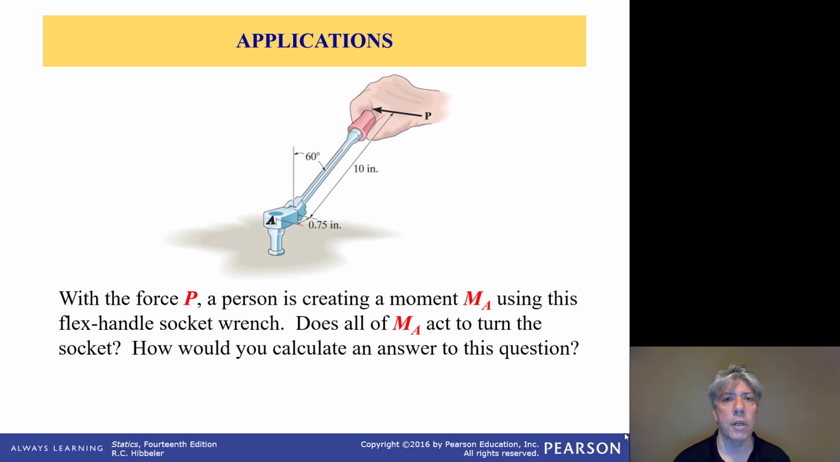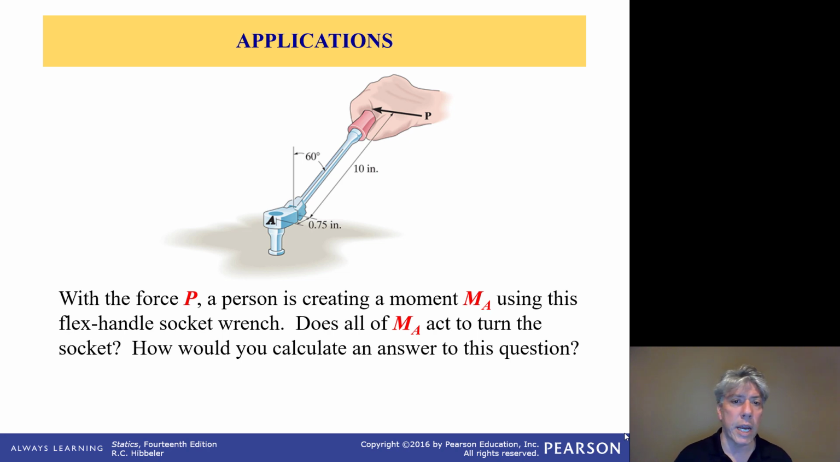So here's an application of calculating the moment of a force about a particular axis. Let's say that the mechanic here is using the wrench to turn a fastener of some type. They're applying force P as shown, and the moment you care about, or the torque you care about, is the moment about a vertical axis, because that's the axis the screw is going to turn through, right? So if a person's providing this force P and creating a moment MA, does all of that moment actually attempt to turn the socket, or is there a component of the moment that is not useful or that could even